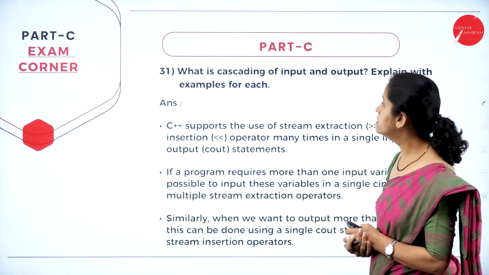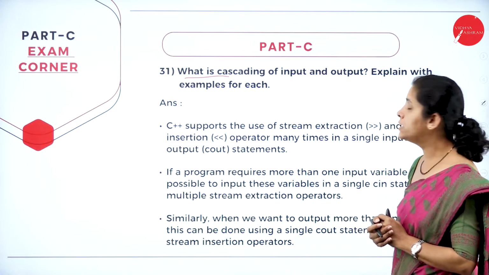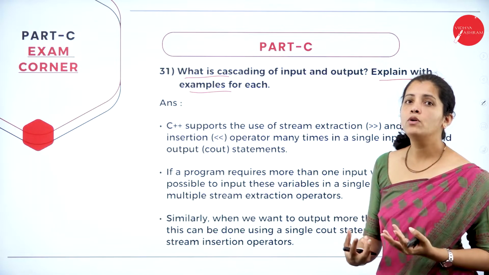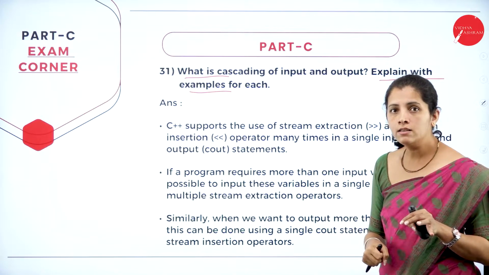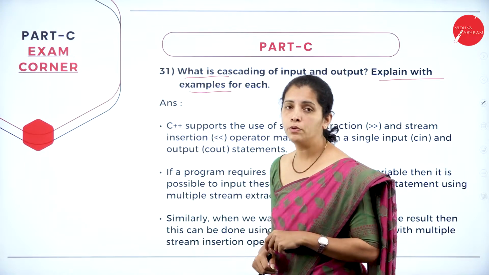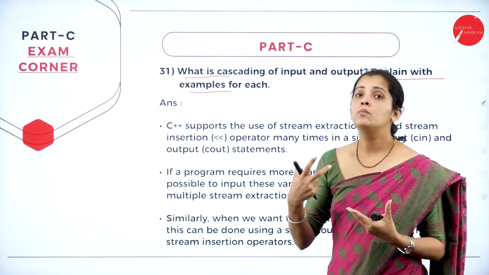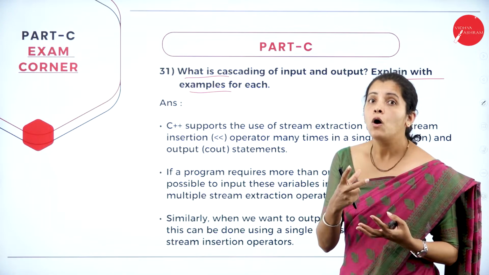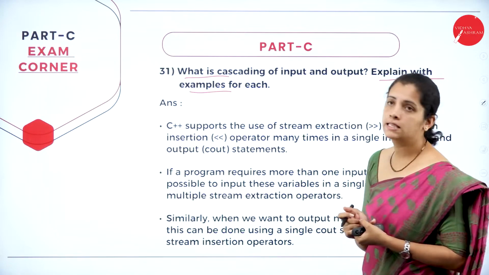Moving further, let me consider another question here. That is, what is cascading of input and output? Explain with an example for each. First, I want to define what is cascading of input and output. If I consider the C++ programming language, I am able to read one input or multiple inputs at a time. Similarly, I can display one output or more than one output at a time. Suppose it is possible to display or read multiple inputs or outputs, then it is called cascading of input